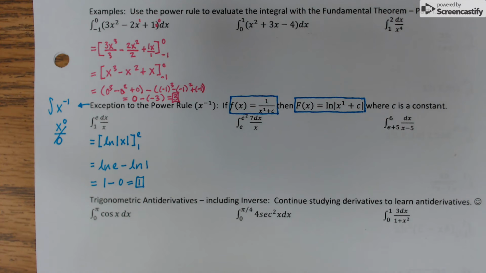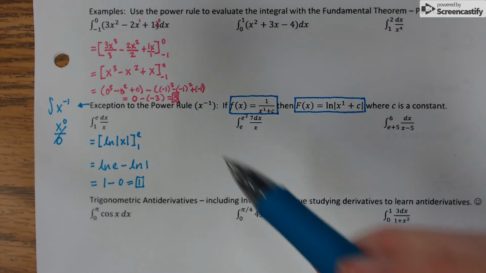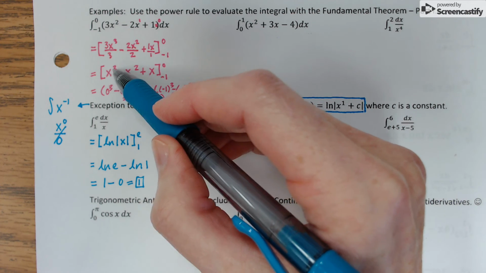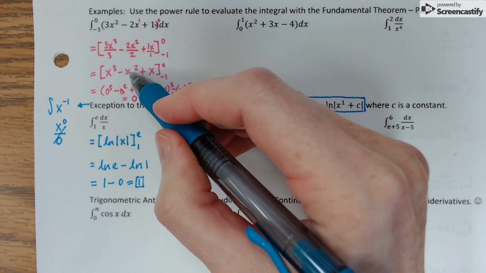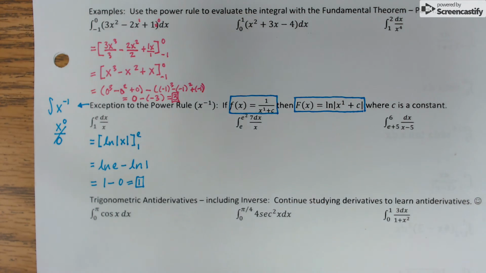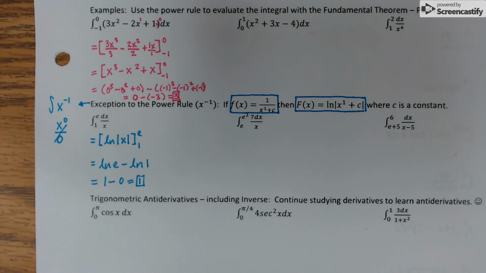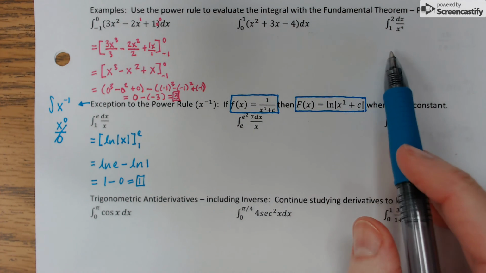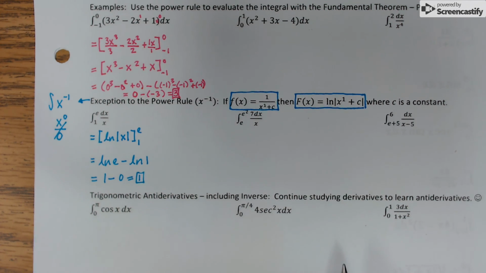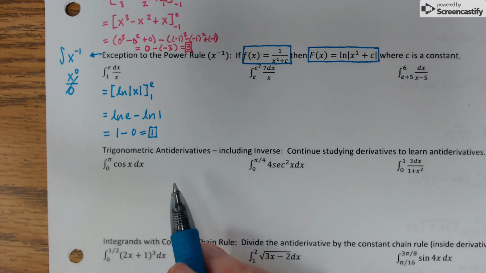One of the nice things about finding antiderivatives is that we're able to check our work, which we weren't able to do when we were working with derivatives. But if you look at your antiderivative in that first example, you take the derivative of x cubed, it gives you 3x squared. X squared gives you 2x, and x gives you 1. Same with the natural log of x, it would give you 1 over x. So if you feel comfortable, give the other couple examples in each section a try, and then when we come back together as a class, we'll talk about those, as well as look at the trig antiderivatives and antiderivatives